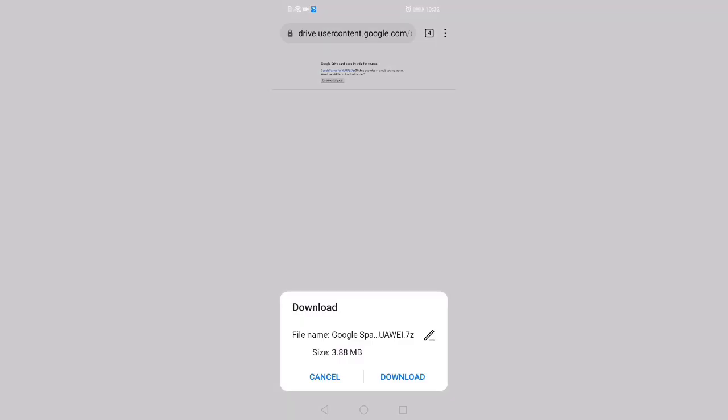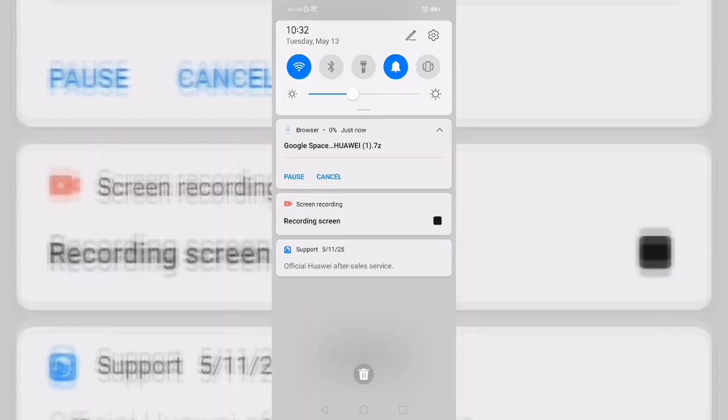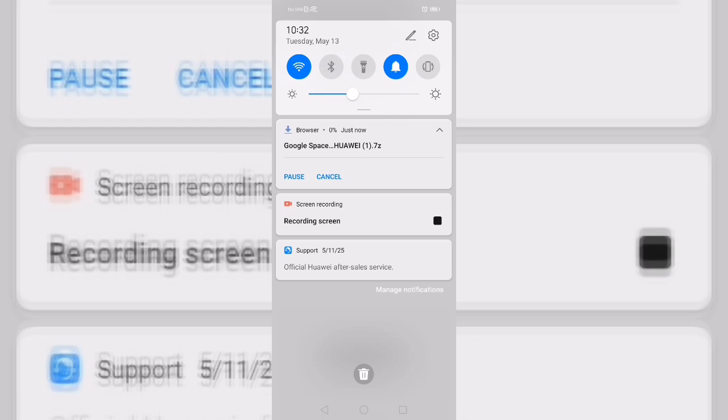So you can see the unzip password. Click on download. Click on download anyway. So if you click the download option, your download starts, and this file is so small, 4 MB. You can see my download has started, and